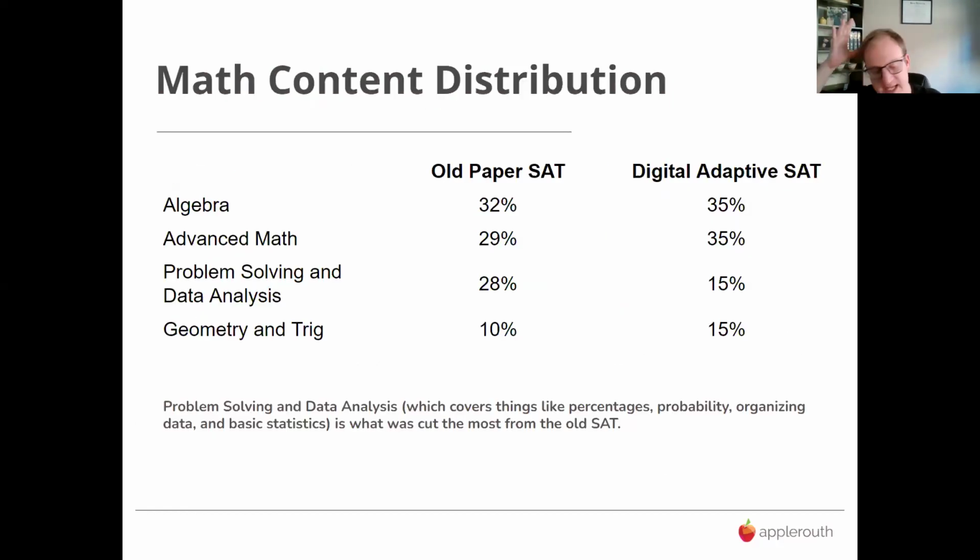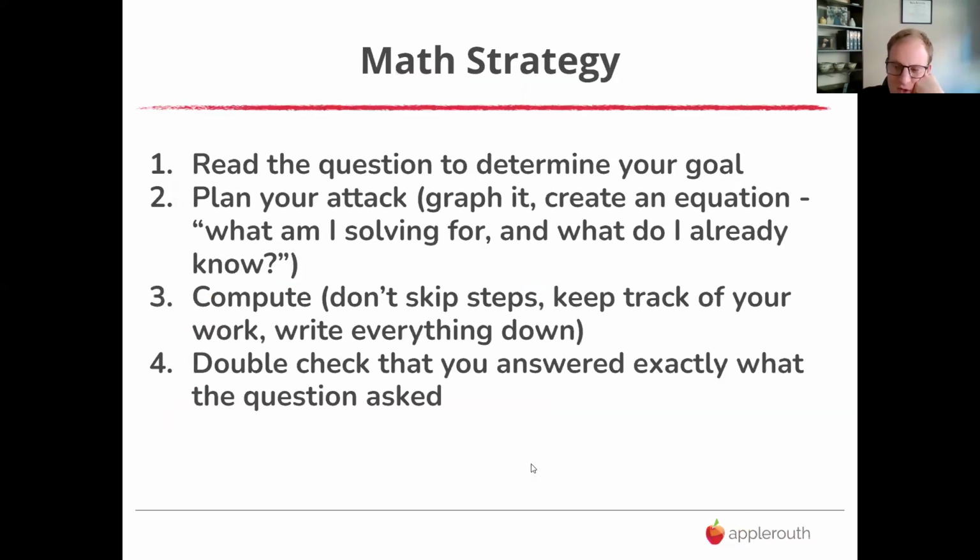This is the breakdown of math topics and question types again. So just seeing that geometry and trig actually went up a bit and the stats went down, right? And much more algebra heavy these days. Overall strategy. #1, what am I solving for? So read the question, make sure you are solving for the correct thing. They will provide scratch paper, and it's probably good to write down what you're doing as well as annotating on screen.